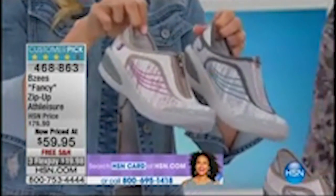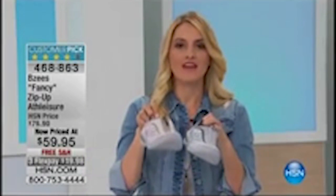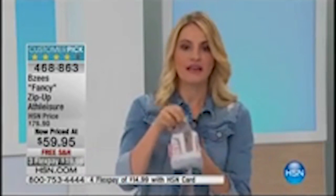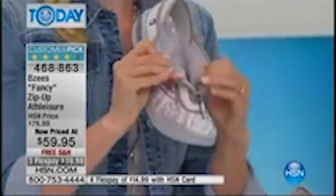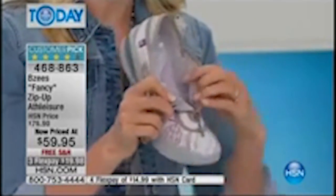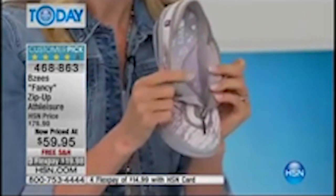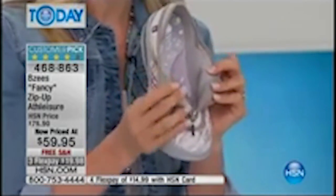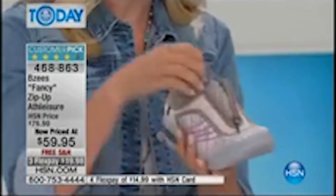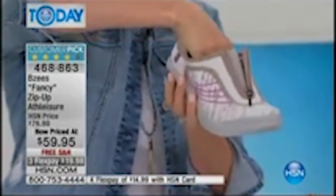And so this is great to be able to pick this up today for summer. If you want to have a fun slip-on, zip up, and you want that security of a zip up, and you just slide it on and zip it up, and look at all this lining, fully lined on the inside. That's soft lining that's going to feel great directly on your foot. You can wear this with a sock if you want, but you don't have to, because BZees has our Silver